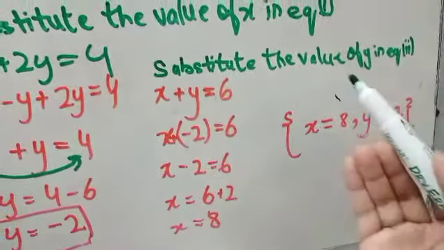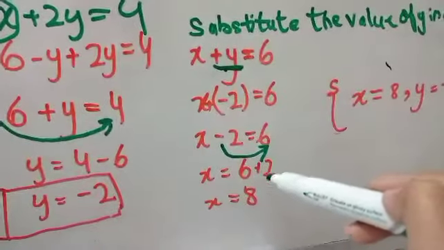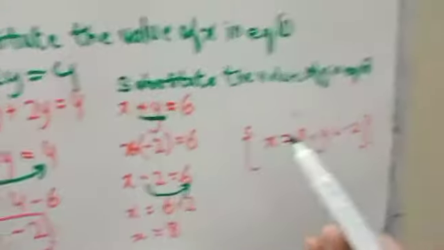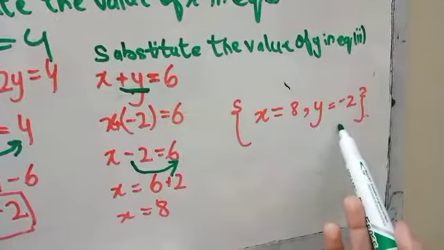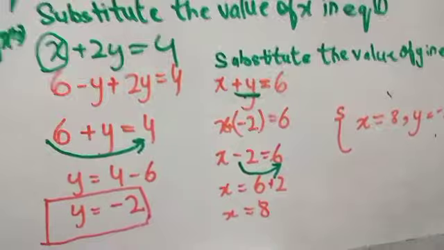So x plus, copy minus 2 was the value. I wrote it in the bracket since it was minus, is equals to 6. Plus minus minus, x minus 2 is equals to 6. I will shift this minus 2 to the other side of the equal to. It will change its sign, it becomes plus. x is equals to 8. That's how we solved. I got the value of x as well and I got the value of y as well. Now we will solve the exercise. Your concept will become more clear.